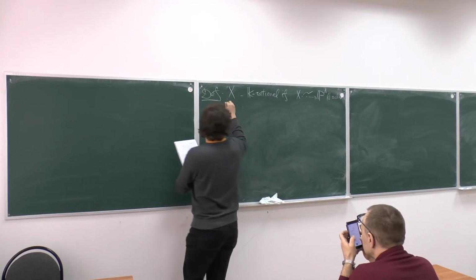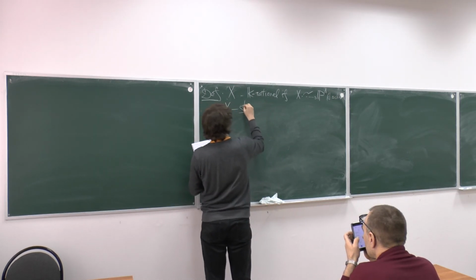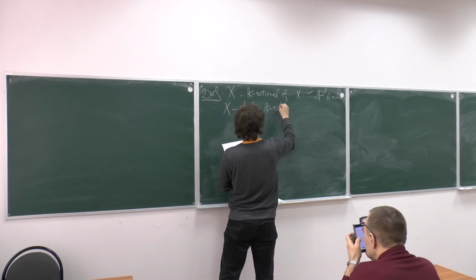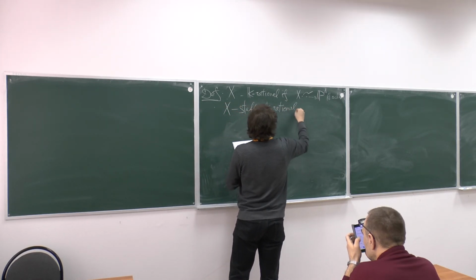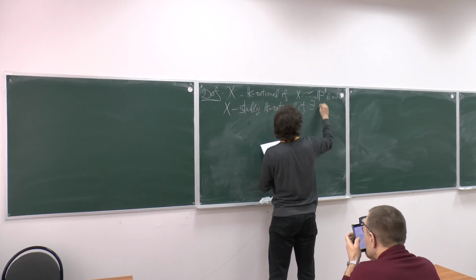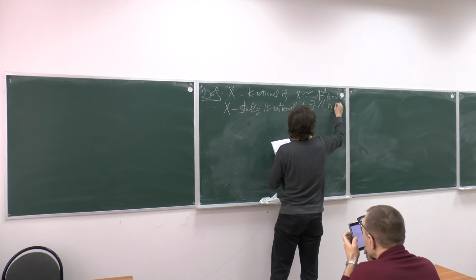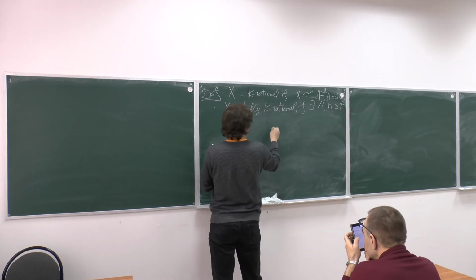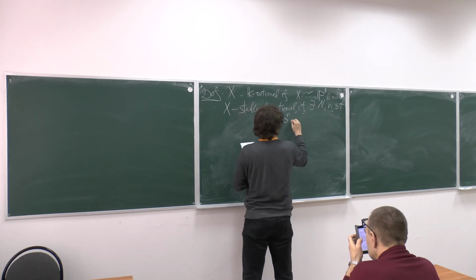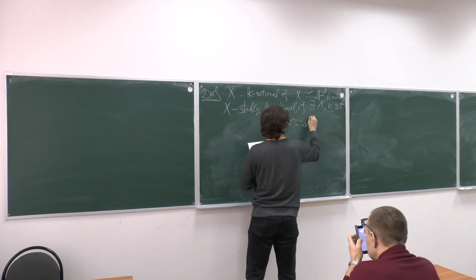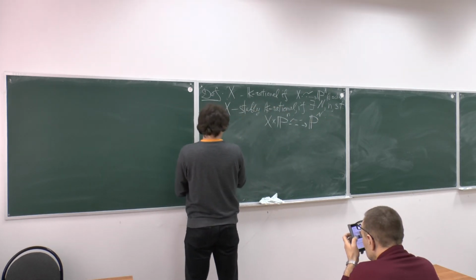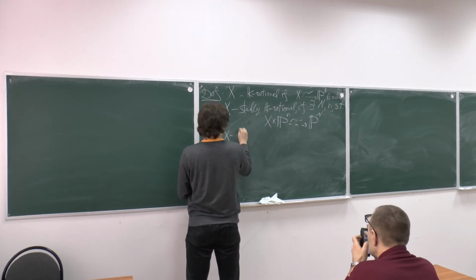X is stably k-rational if there exist some numbers n and m such that the product of X by P^n is rational, equals P^(n+d). And X is k-unirational